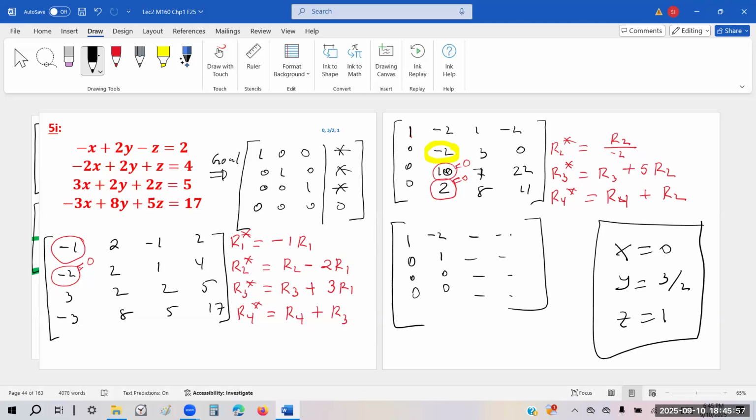Okay, so do the row operation. You can change everything on the same matrix like I did. You can change the entire column. It will make you